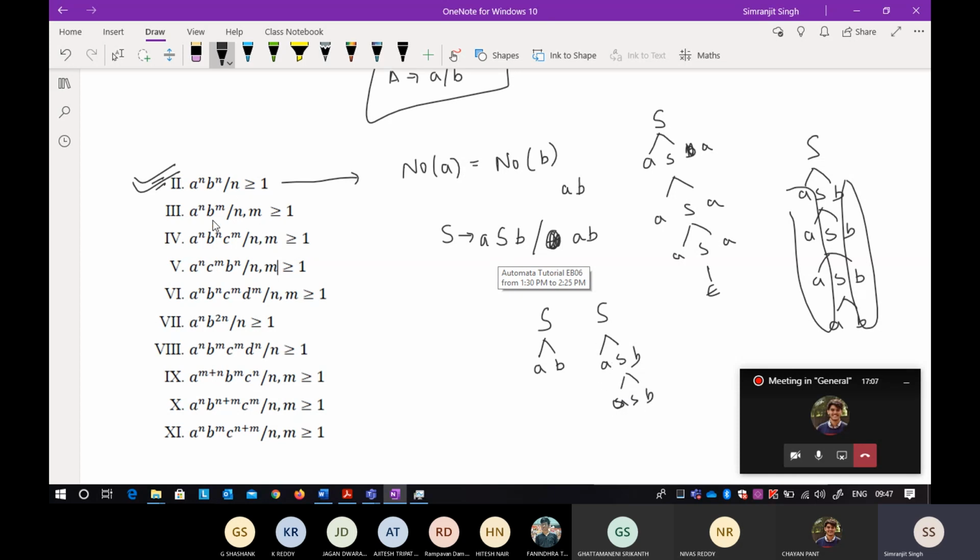Okay, so why do I consider this one as a building block? In most of the questions, this kind of thing is repeated. In this fifth question, this is also repeated. There is also a raised to power n, b raised to power n, with a little bit of a change here. In between there is another variable that does not depend upon this one. So again, there is a raised to power n and b raised to power n.